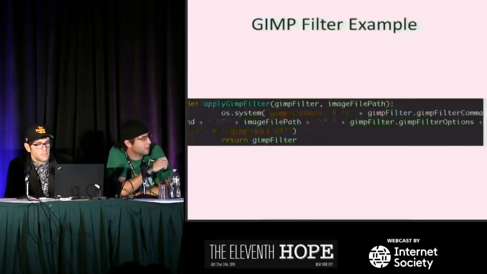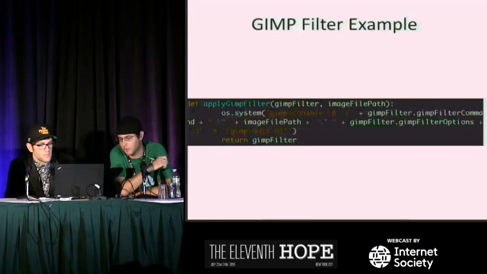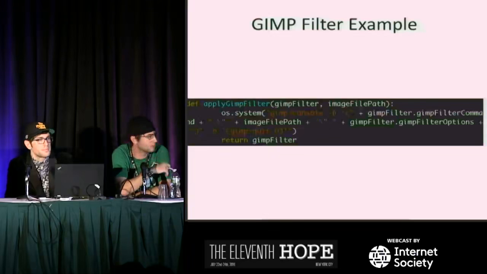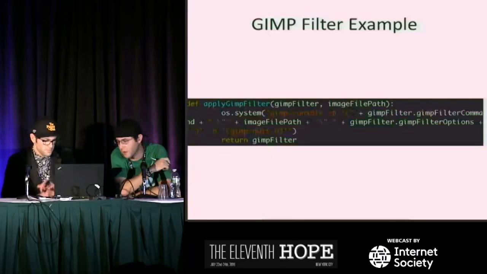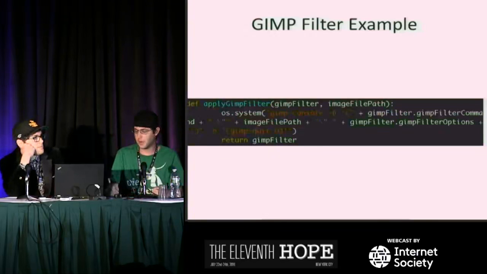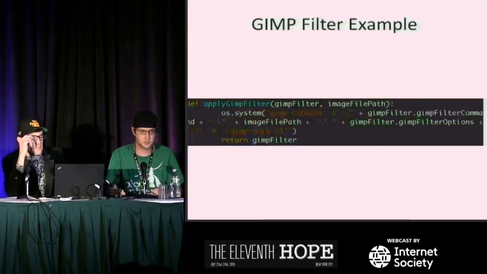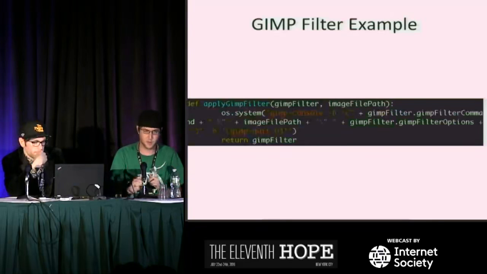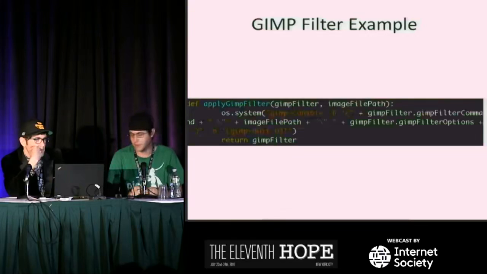Here's our GIMP filter in Django, two lines of code, very simple. It's a function called apply GIMP filter. Basically all it does is run GIMP console, on a headless CentOS box out on the internet, and apply a GIMP filter to an image on the file system. You can change the options to decide how intense you want these filters to be. We just randomize it all, pop a random filter on there, and try it again through the API.